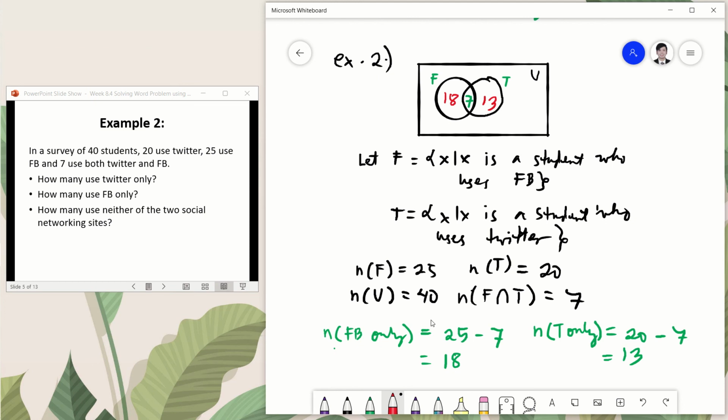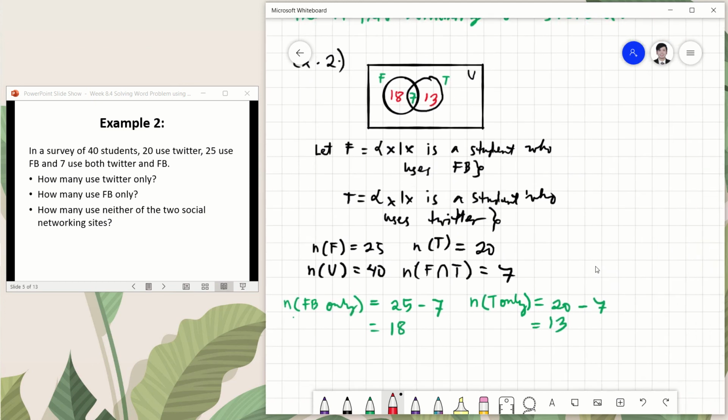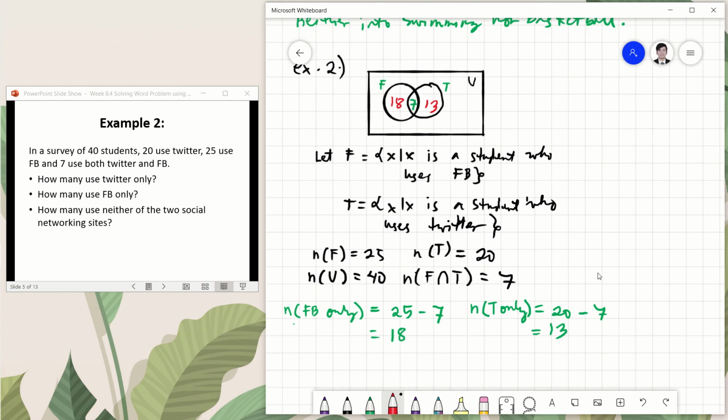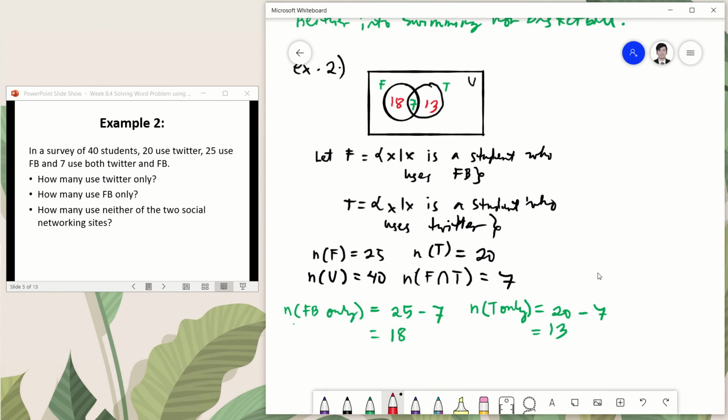Okay, now we are not yet done with our Venn diagram. Take note that we need to know as well who among the students here doesn't like any of them. To do that, you just have to know the universal set. That would be 40. So that's the number of students who answered none. So you just have to subtract from the total number of students. How many do we have? Our universal set is 40